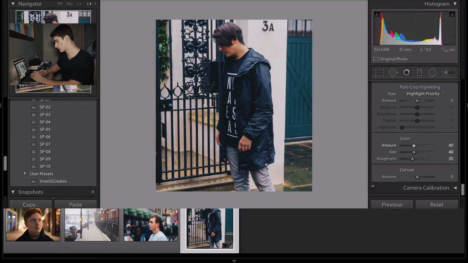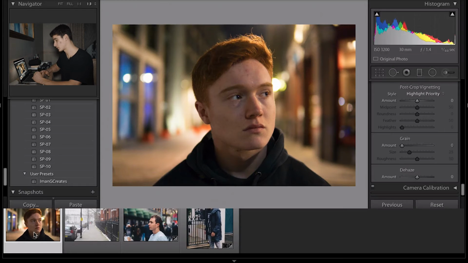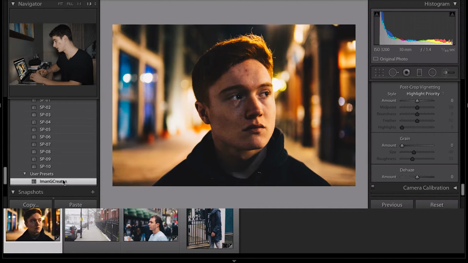And yeah, here's the side by side. Super happy with that. Now I think the last example I'll show you is Reed. This is a night example, so it's a bit harder to work with. So we're gonna apply the Imagery Creates preset, and one thing you'll notice immediately is that the white balance is